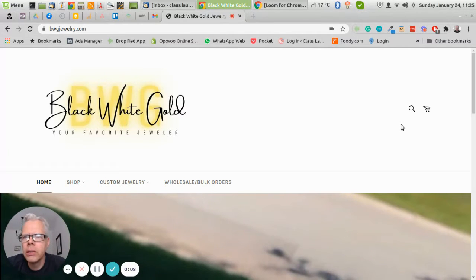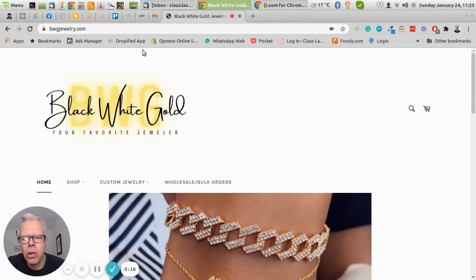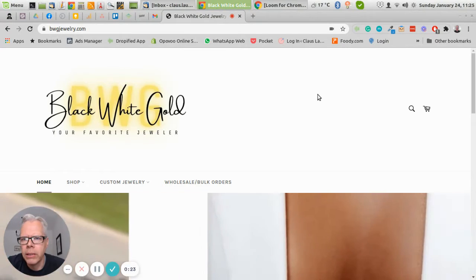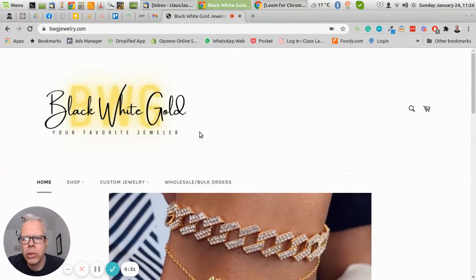This time we're looking at bwgjewelry.com. So here we are on the home page, and the first thing that I see is that the logo takes a massive space of the viewable area that I see on my browser. So obviously I can see it's dealing with jewelry, like white gold, but there is just a lot of space